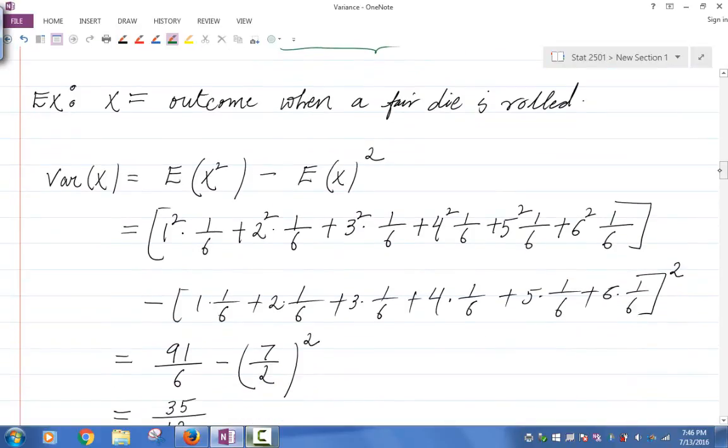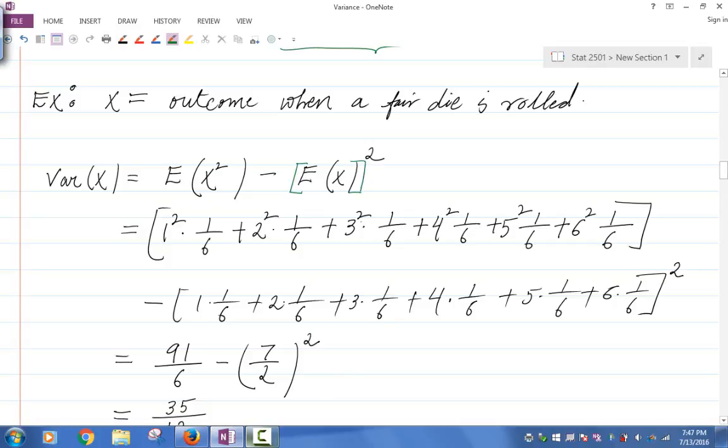So let's let x be the outcome when a fair die is rolled. Then let's calculate the variance of x. By using property number 1, the variance of x is the expectation of x squared minus the expectation of x whole squared. So let's find the expectation of x squared. We replace x by each of its values and multiply them